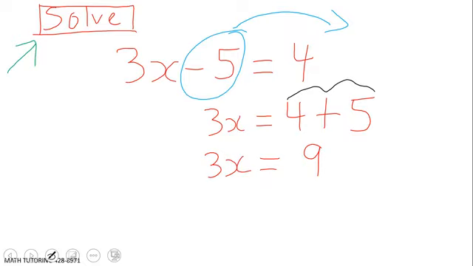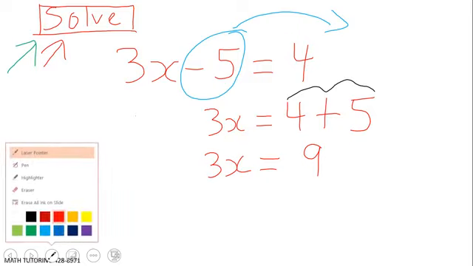Okay, awesome. Now, again, we're not done because remember, our goal is to solve for x. Our goal is to isolate x. And currently, x is not isolated. x is not by itself because x still has this 3 attached to it. We don't want that. We want x to be by itself. And because 3x really means,